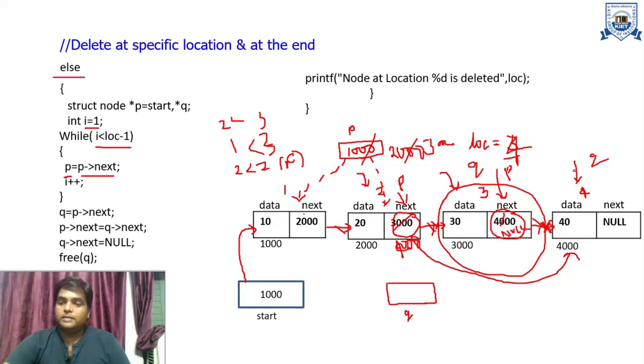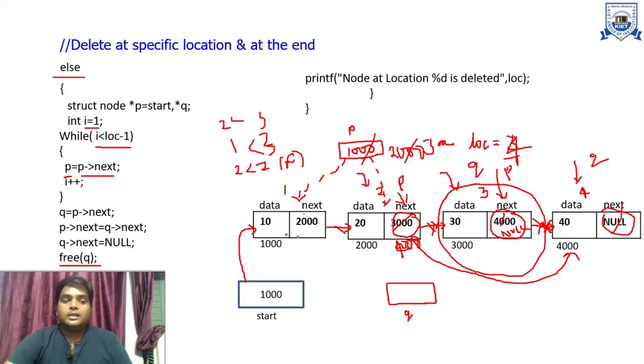So Q basically pointing to this particular node. So Q2 next is what? That is already null. So now you just replace this null by null. So when this value is null, so you just delete this particular node, you just free that particular node. That means you will use free Q over here. Then this node will get deallocated from memory.